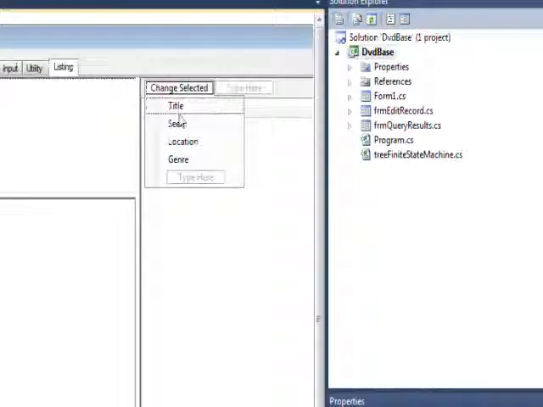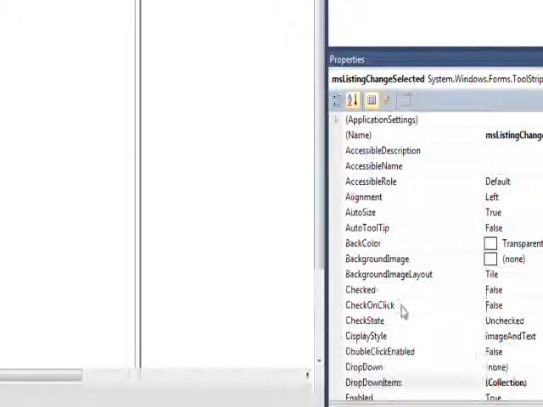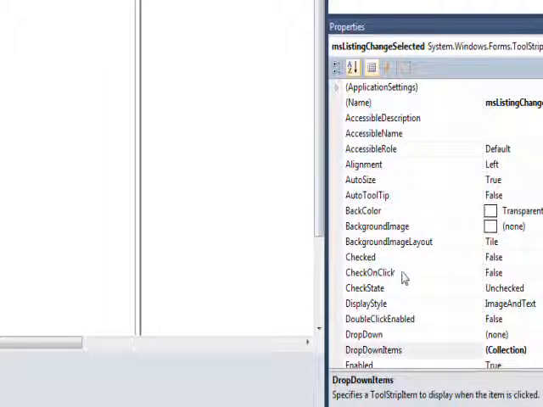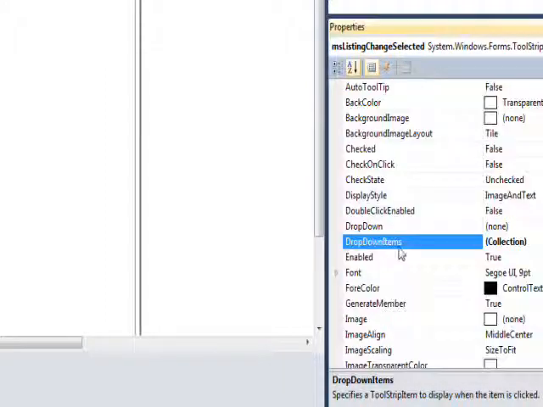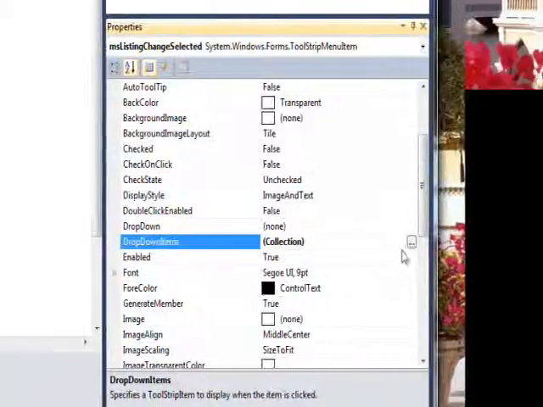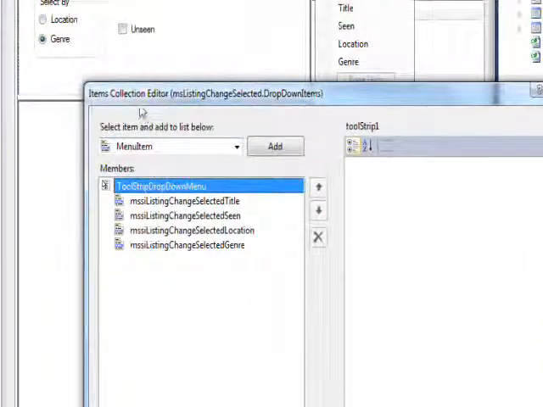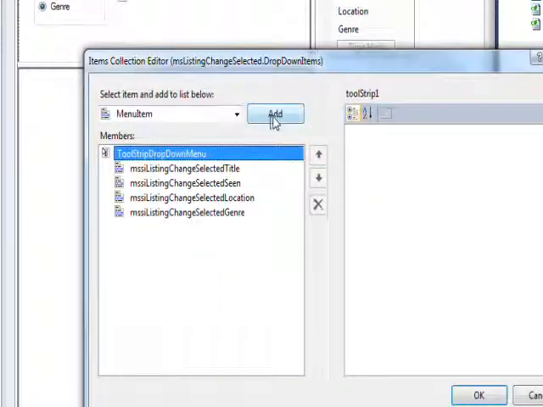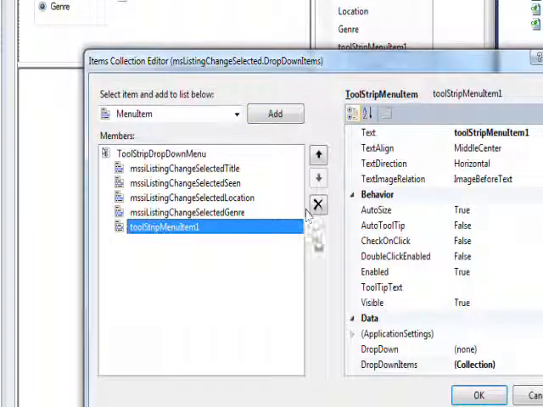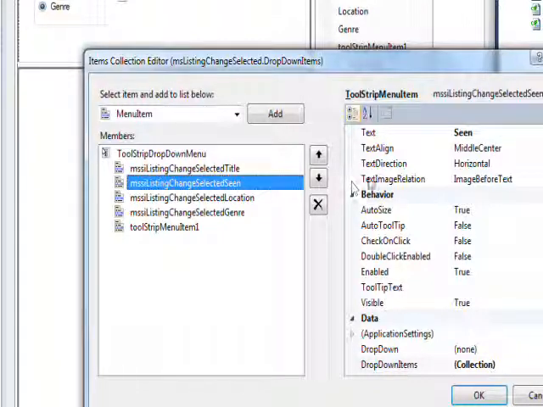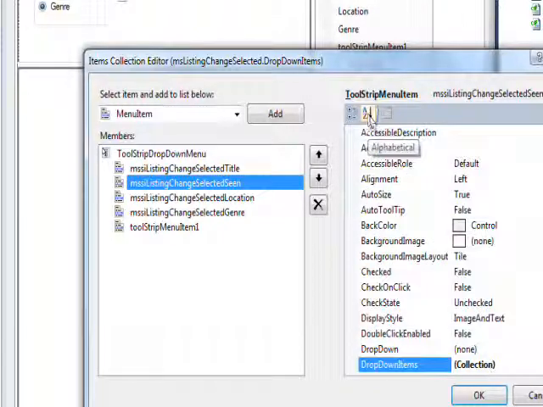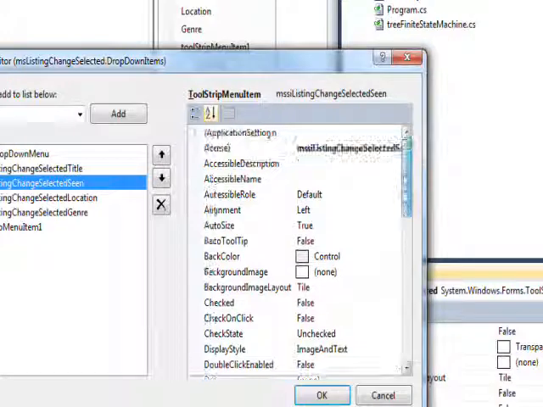If we select the change selected and then go down to the drop down items collection, click on the ellipse, we bring up the items collection editor, and what we want to do is add another member. So click the add button, and first off we want to change it to a good title, so set this A to Z